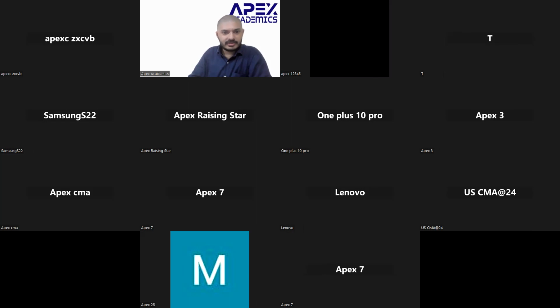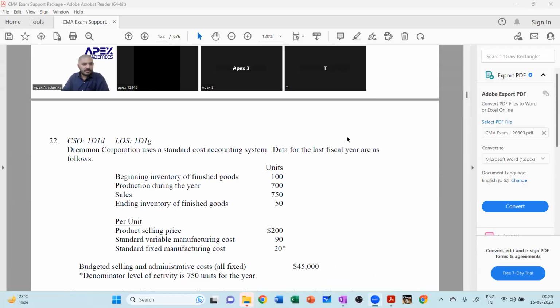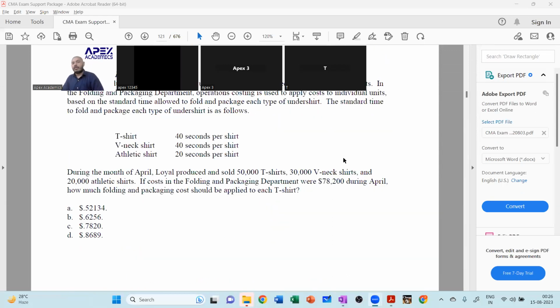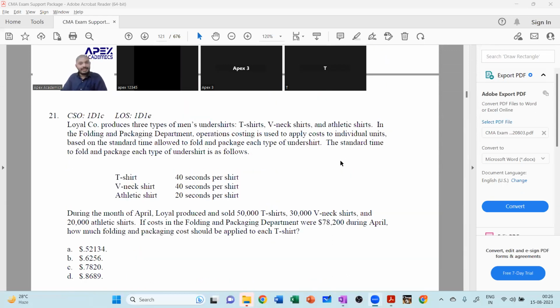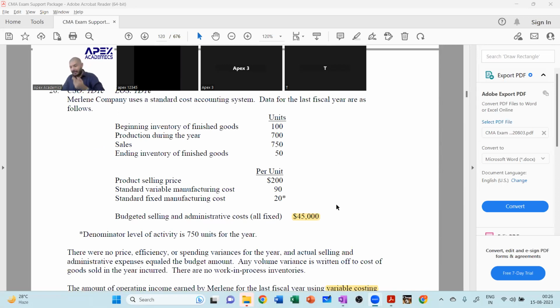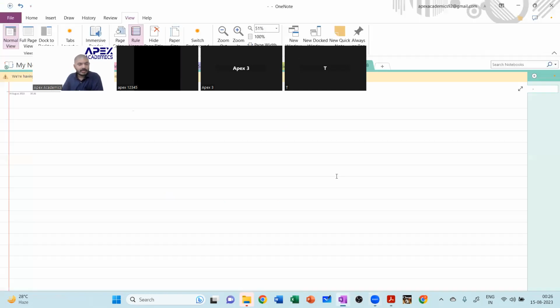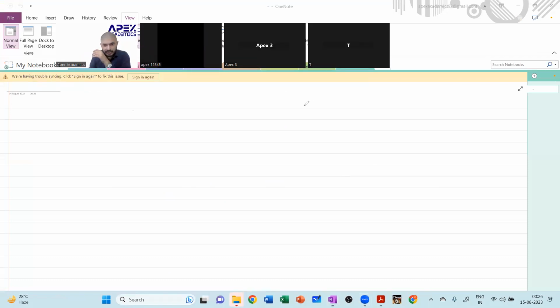Let's do this question again. Okay, everybody? Let's focus once more. We are not going to do just this question. We are going to do this question by absorption also and by marginal also. Am I clear about this? Okay. So now, first of all, I am putting all the data down and I am doing this under